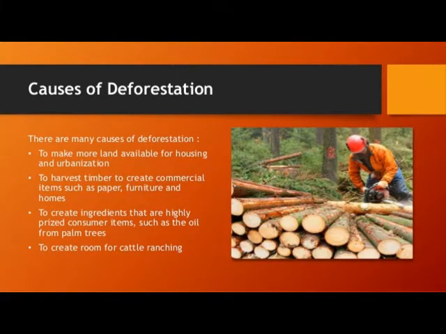What are the causes of deforestation? Do you know the answer? Procuring land for cultivation, building houses and factories, making furniture or using wood as fuel, then to create room for cattle ranching, and to make commercial items such as paper, furniture, etc. These are some reasons.